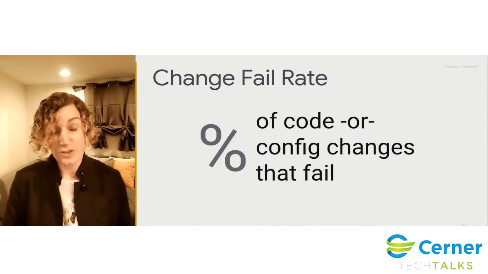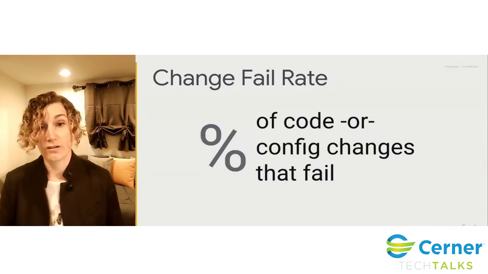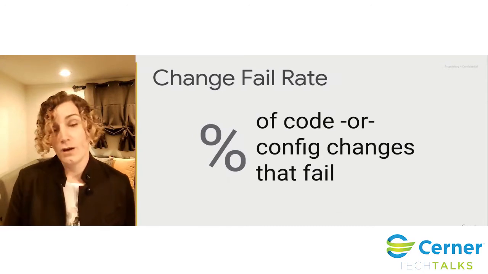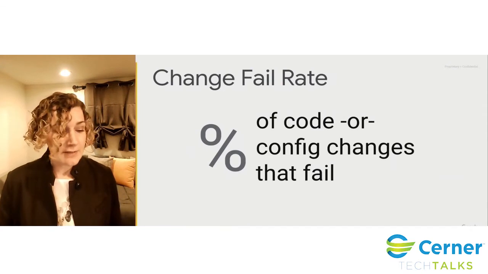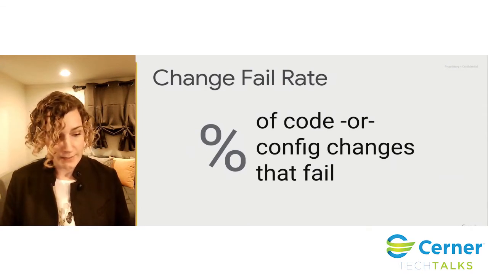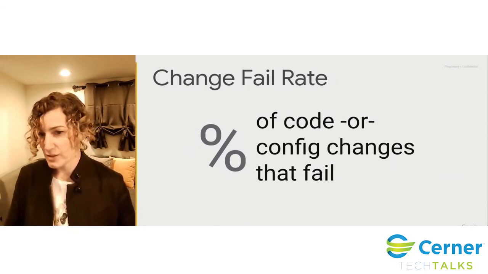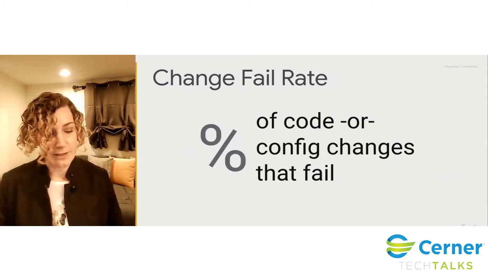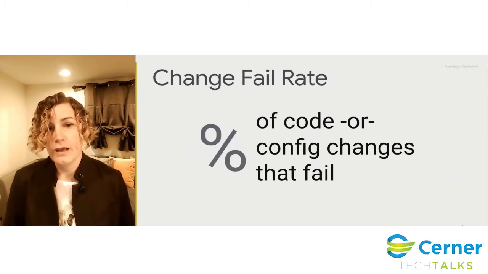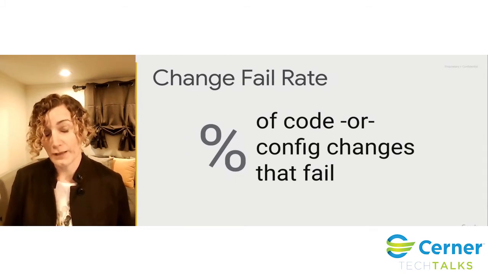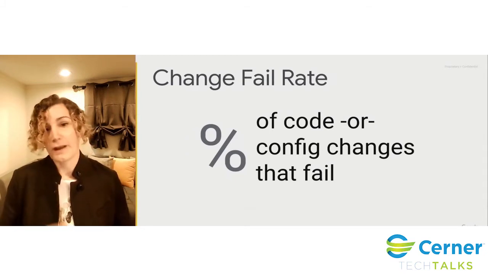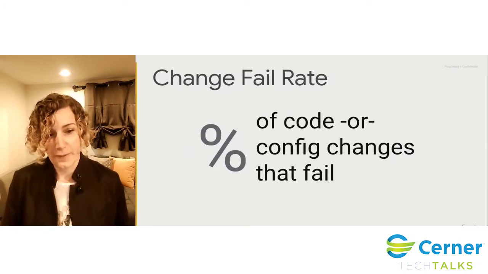And then the next measure is when you do push something to production, whether code or config, or any other change, what percentage of them fail? Now, the interesting thing about this measure that I like to highlight is because it's a percentage, not a count, your denominator really matters, right? So the more changes you push to production, the smaller that change fail rate can be because you're not being burdened by like one change making your percentage really bad.